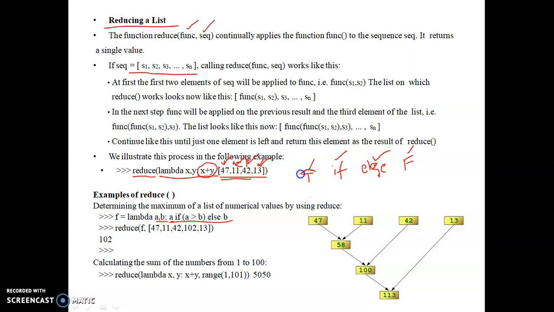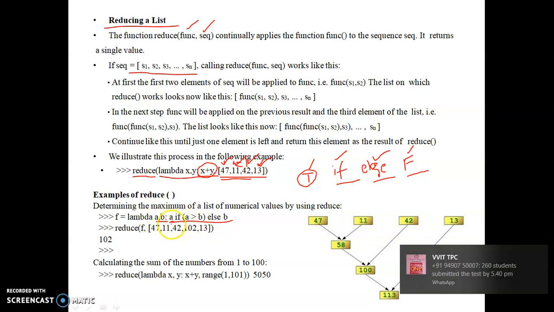This value is given as the output if this condition is true, else it gives us this value. So this is written whenever you want to write an if else statement in a single line. Okay, so this is our lambda function to find the biggest of two numbers: if a greater than b, then a value, else b value.